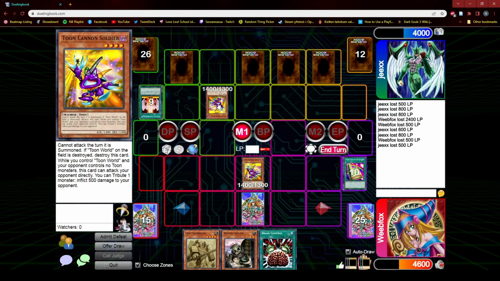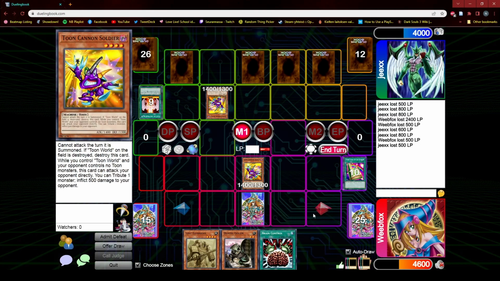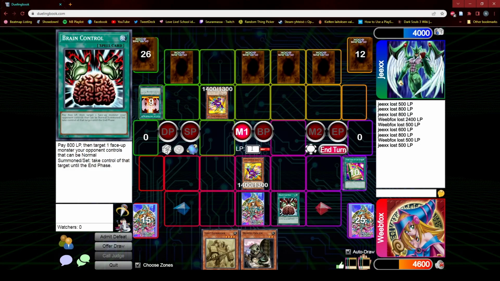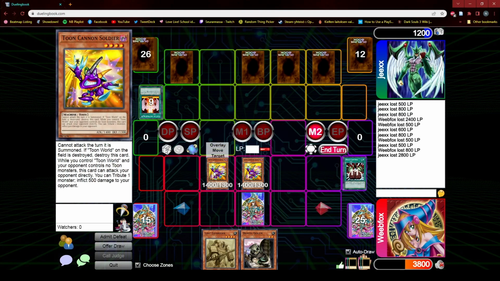That's funny. I would like to pay 800 life points to Brain Control your Toon Cannon Soldier. Then, yeah, I would like to go battle phase and swing with both. Main 2, I would like to tribute your Toon Cannon Soldier for 500